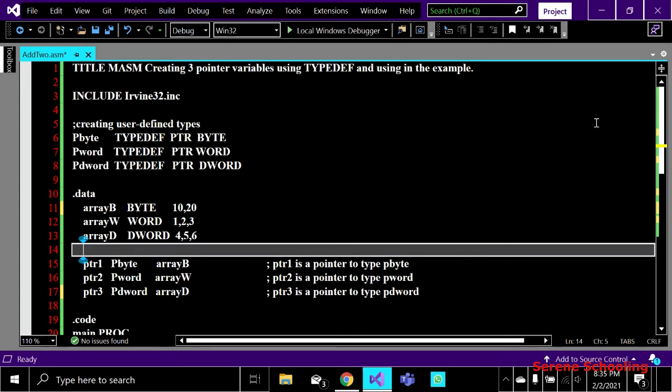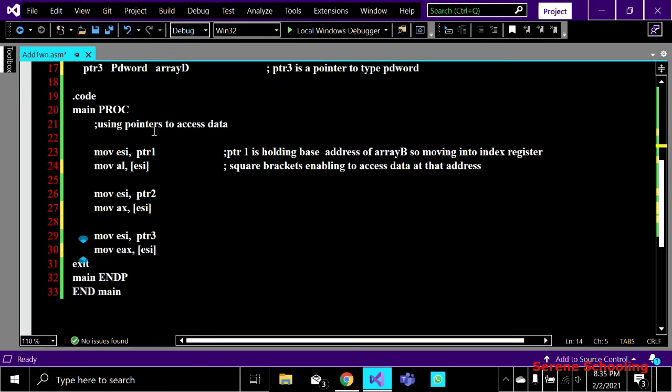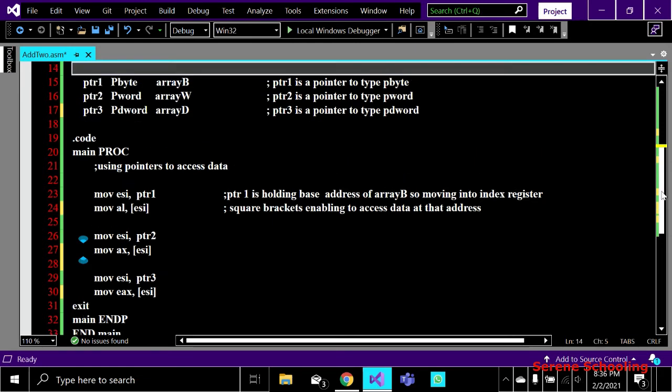Okay, so now if you have understood how to create your own type and create the pointers in the data segment, now in the code segment, that is over here, we will use these pointers to access the array elements. Okay, so see over here, now we are going to use pointers to access our data.